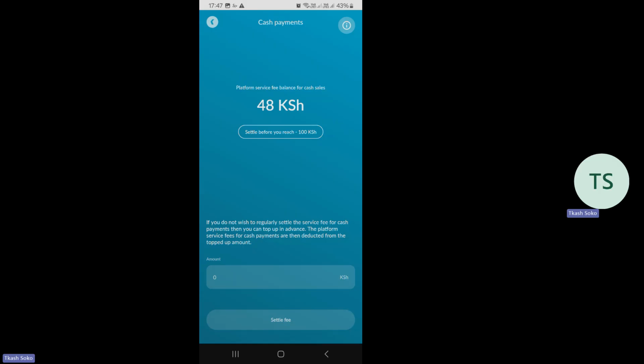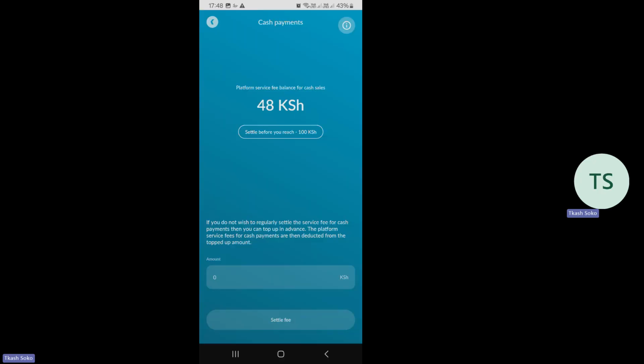Because your transaction tulilipa 200, so tukalipa a service fee of 2 shillings, then the 50 minus 2 is 48. So that is the balance that is showing there. The balance that is remaining yenye naweza tumia kumake nayo cash payment. Remember, tulisema for cash payment there is a small transaction fee that you get to pay. Hapa ndio unaweza access here.